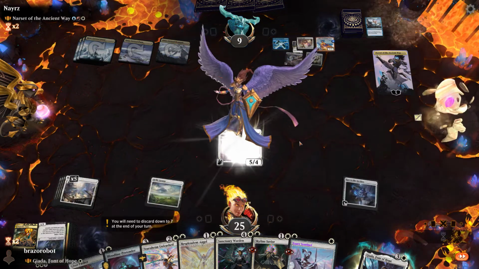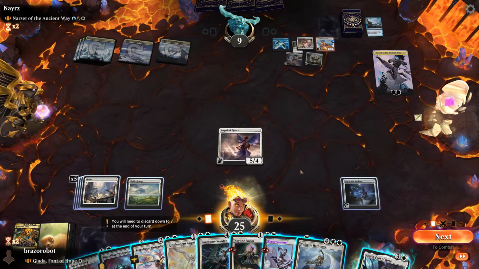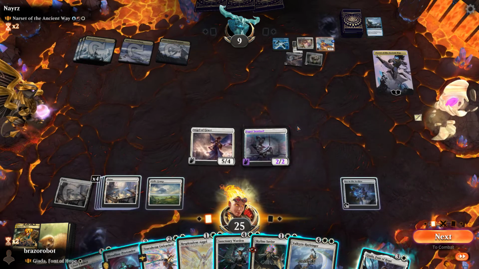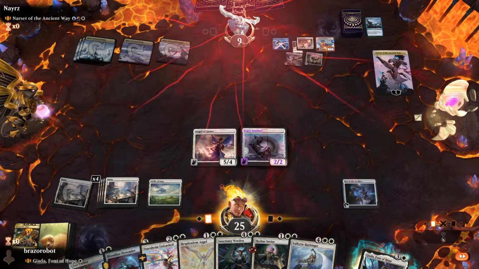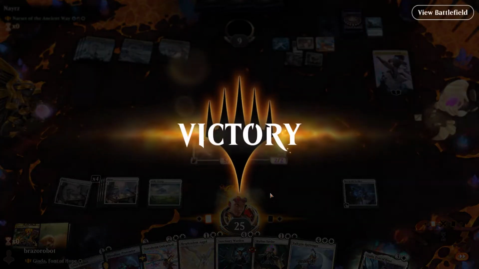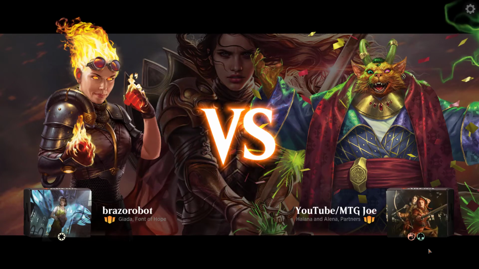Okay, so we have a couple of plays to do. So first start with Esper Sentinel, and then we will go into attack into Narset. Yeah, any play there was good enough. Nice, we got a victory. Move on. And now we're going against YouTube MTG Joe